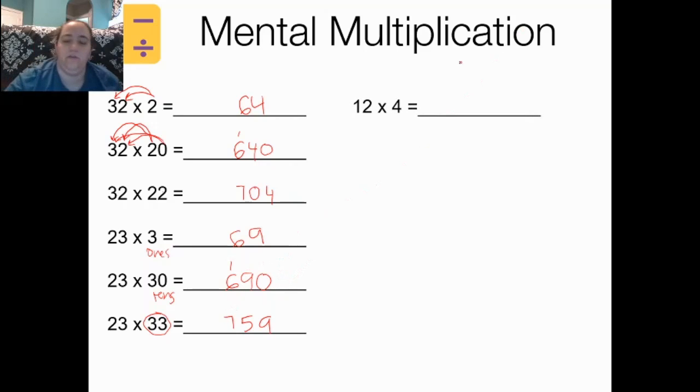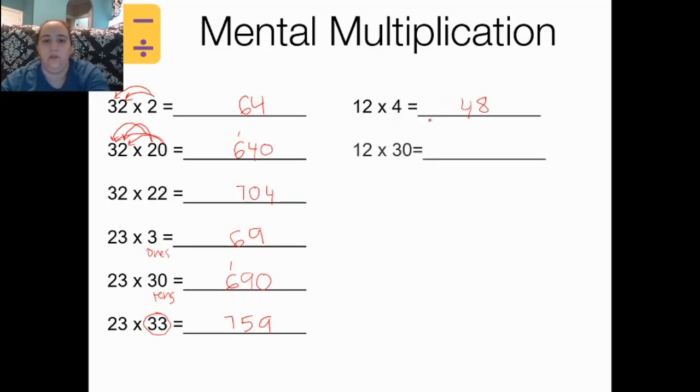And then we have 12 times 4. So 4 times 2 equals 8. And 4 times 1 equals 4. Now we're going to do 12 times 30. So we know that the first digit is going to be 0 because 0 times anything will give us 0. Now we do 3 times 12. Well, if you know your 12s, you should know that's just 36. Now it's going to ask us